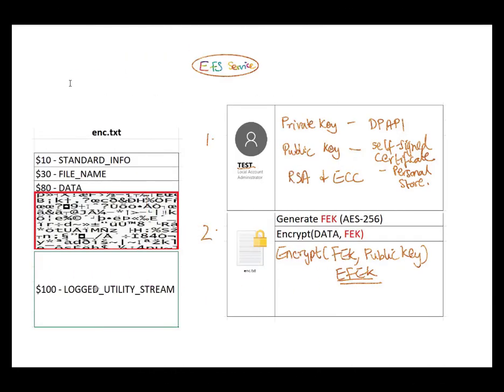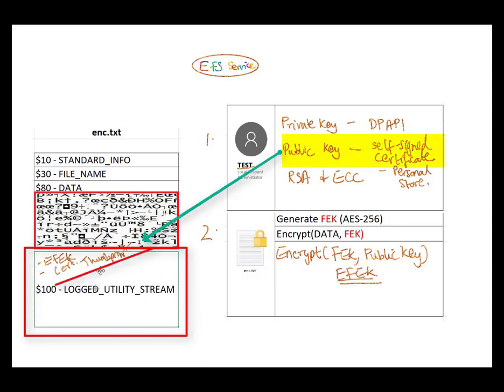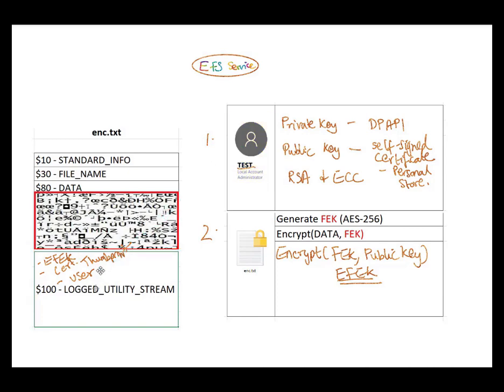And for storing the EFEK inside the file, the EFS service actually creates a new attribute at the end of the file. It is called the $EFS or the logged utility stream attribute. So the EFEK is copied on to the logged utility stream attribute along with some identifying information. And the identifying information would be the thumbprint of the certificate containing the public key and the name of the user that actually encrypted the file. This set of information is called a decryption field, because this information helps you to decrypt the contents of the